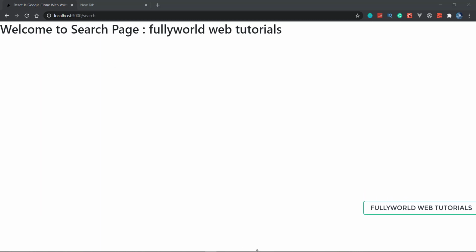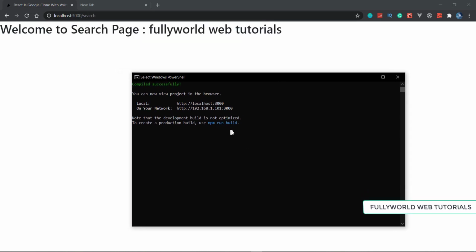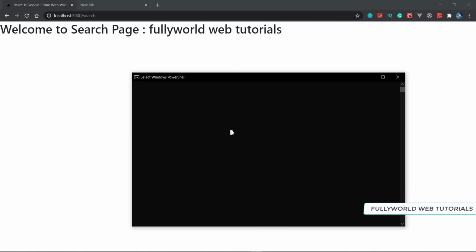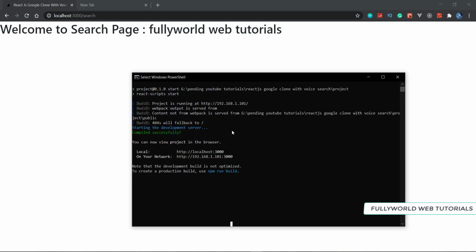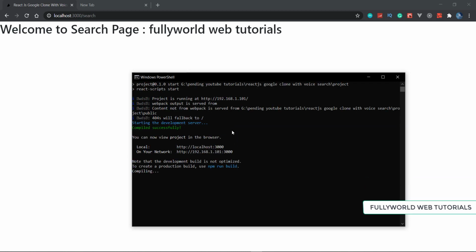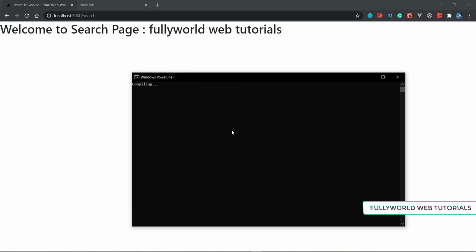So let's see if it is compiling or not. It is compiled successfully. See that it is compiling again. Let's wait for a while.